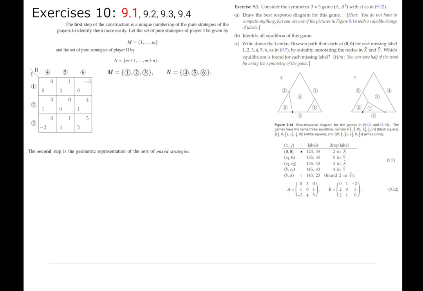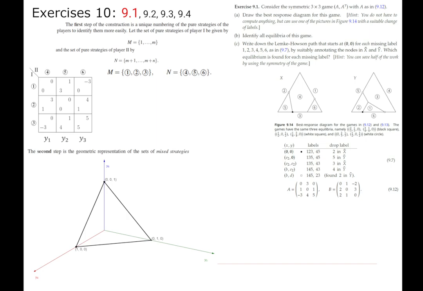We then proceed to the second step, the geometric representation of the sets of mixed strategies. So we name the strategies of player 2 as y1, y2, y3, and identify three axes, y4, y5, y6. Apologies, strategies for player 2 were 4, 5, and 6. Therefore, we have axes y4, y5, and y6. The